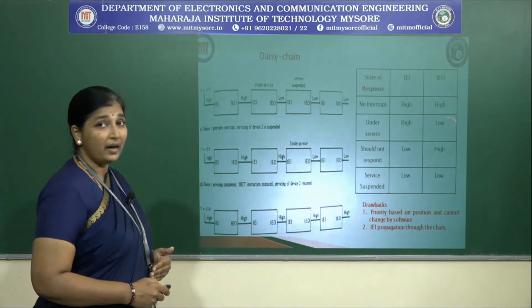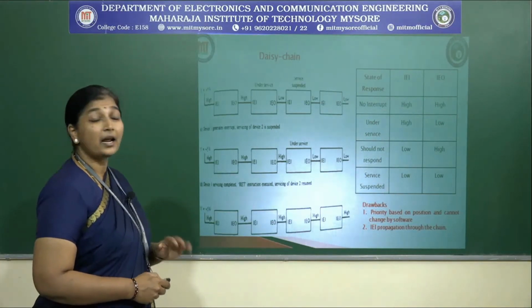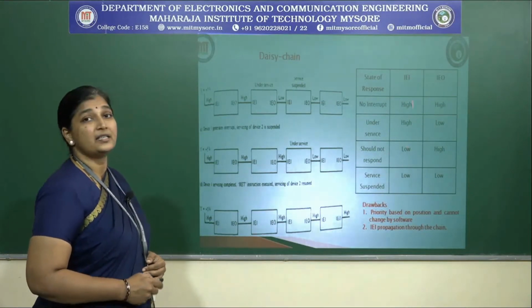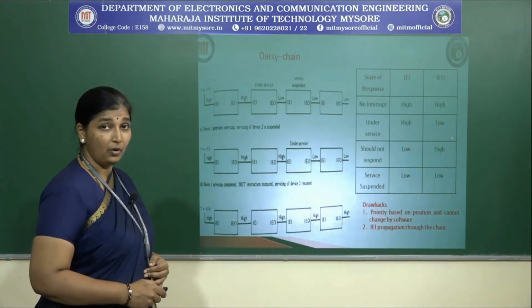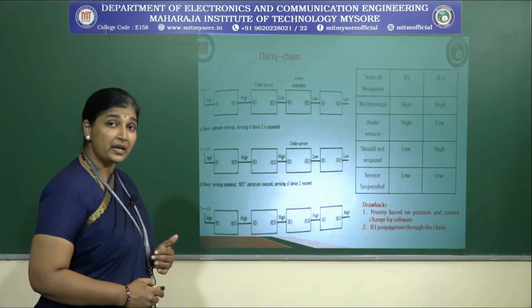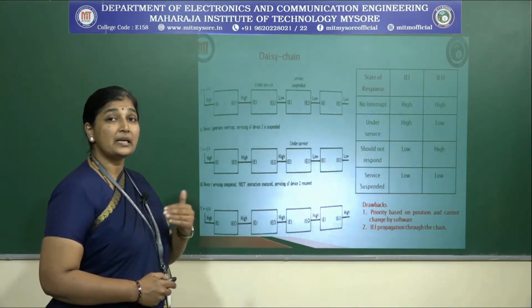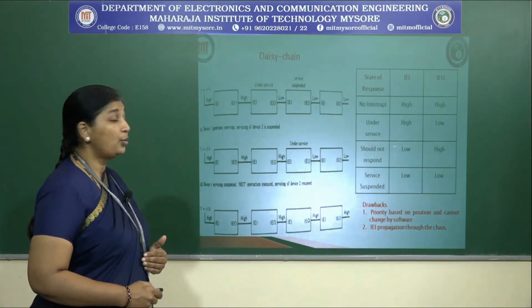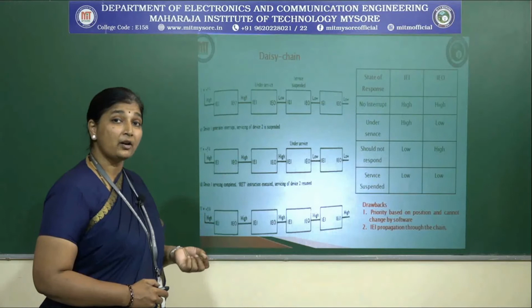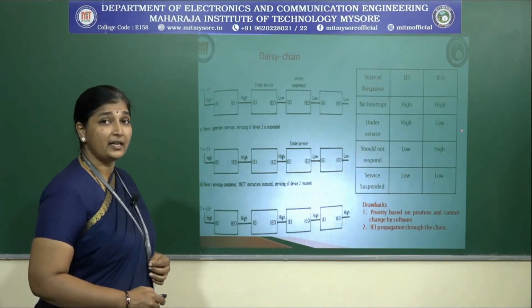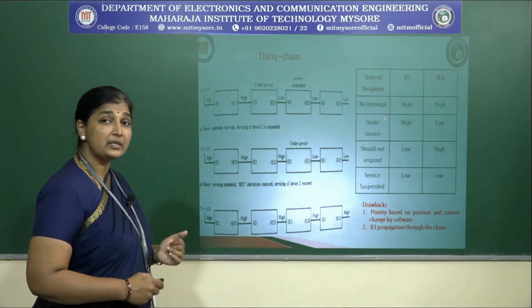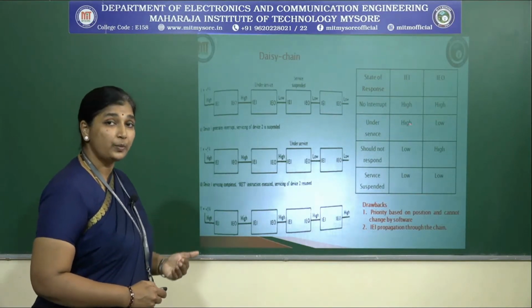So if both are high, then there are absolutely no interrupts. Then if IEI is high and IEO of any device is low, which means that it is trying to raise an interrupt. Now there is a request which is being sent. So which request has to be acknowledged? IEI is high and IEO is low. That is, output is low and input is high. When it is high, then it has to be acknowledged.